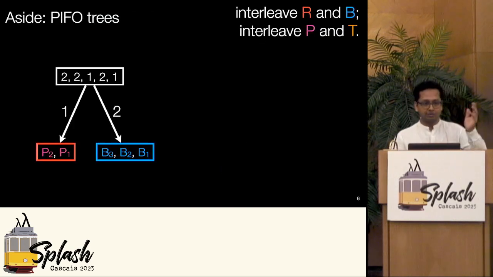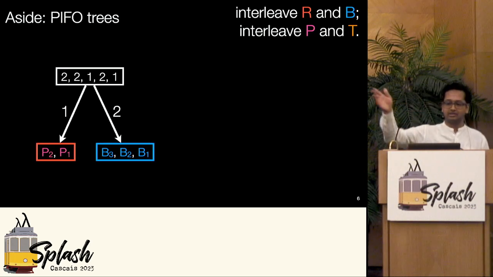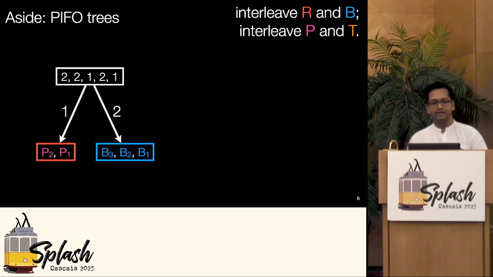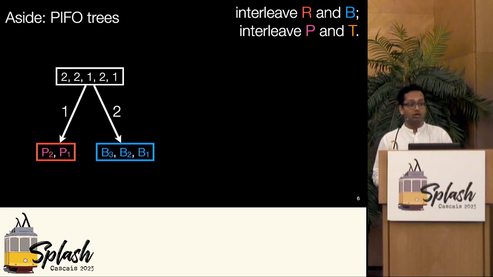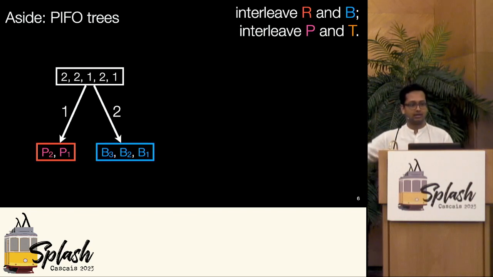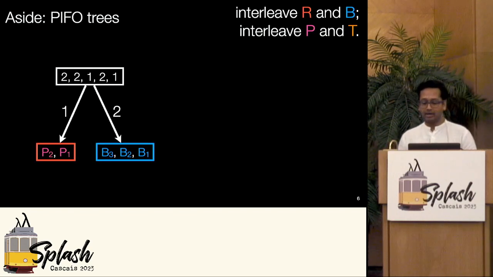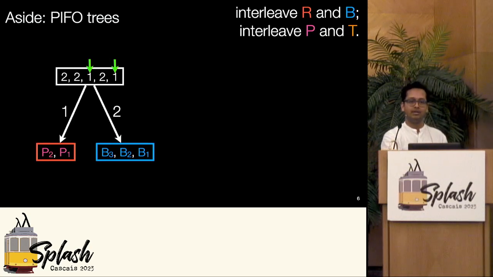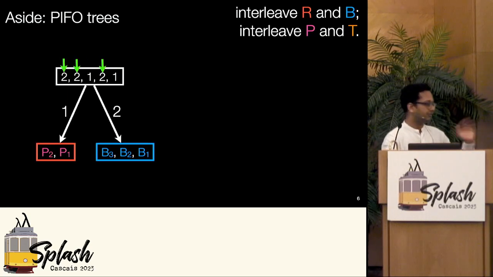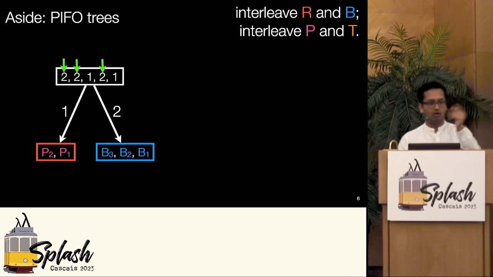All right, time to talk about PIFO trees. I'm still trying to solve the red, blue, purple, tangerine challenge from earlier. I have a tree-shaped gadget, and all my nodes are PIFOs, priority queues for our purposes. In my leaves, I'm carrying packets. These are the colored things. In my other nodes, I only have the one right now. I'm carrying indices. In particular, I must carry 2 instances of the number 1 because there are 2 things in my first child, and I carry 3 instances of the number 2 because there are 3 things in my second child. Of course, the order of those is up to me. That's just a PIFO doing its thing.